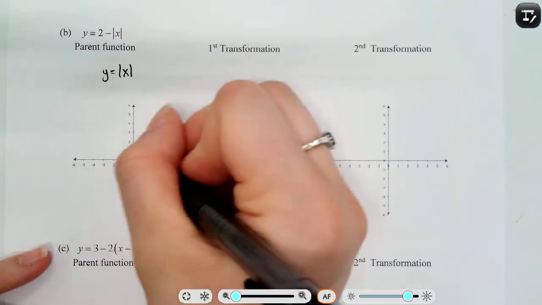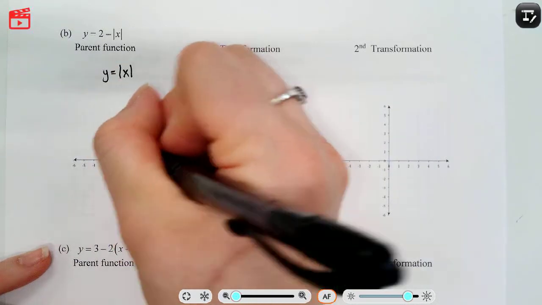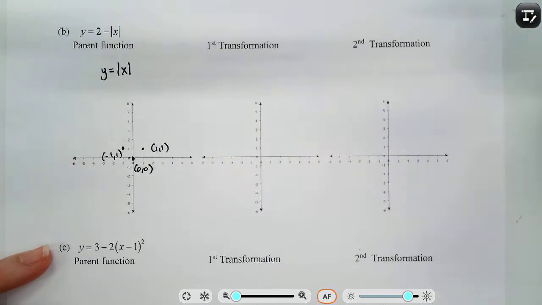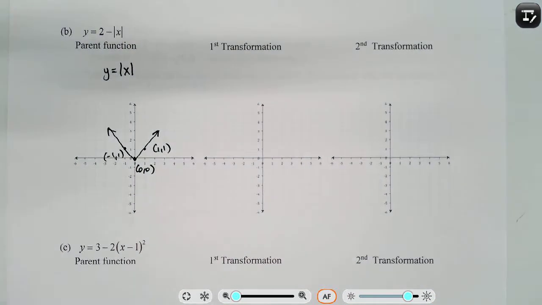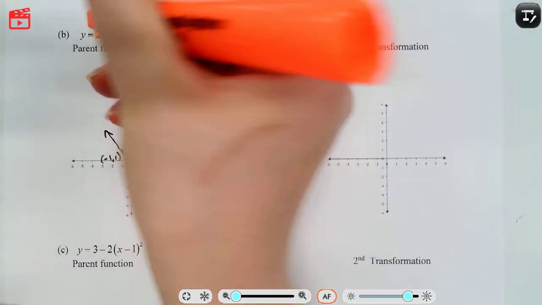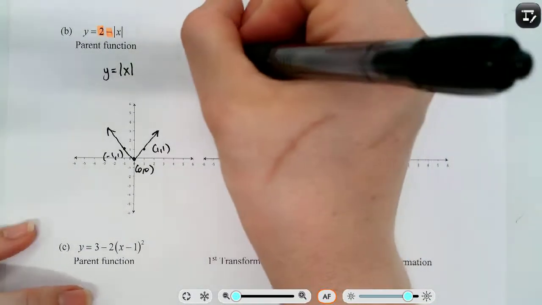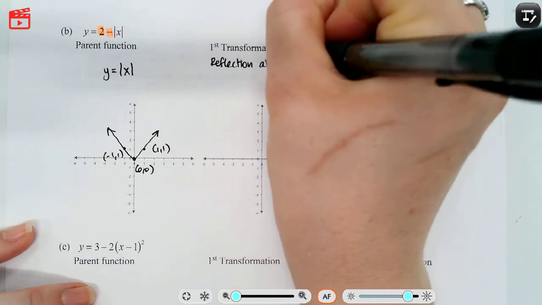So graphing this one, 0, 0, 1, 1, and negative 1, 1. Okay, I'll go ahead and just work with those 3 points. So what are the transformations I see? See if you can figure out how many transformations there are. Well, we have that negative and then the 2. Okay, so we're going to go ahead and do the reflection first. Okay, so that negative outside the parent function is going to be reflection about the x-axis,